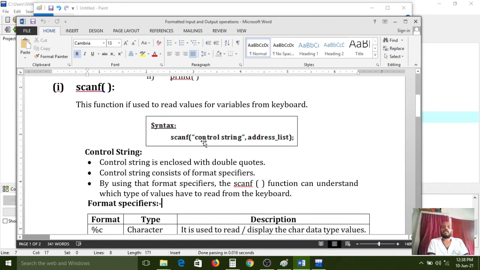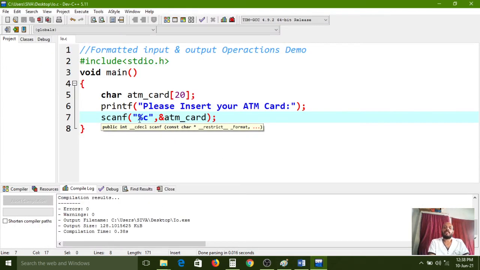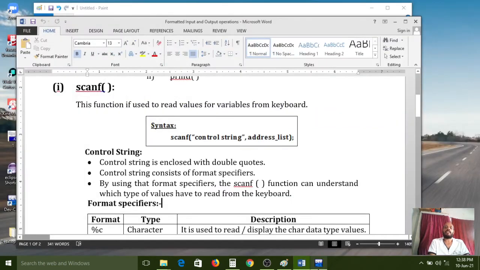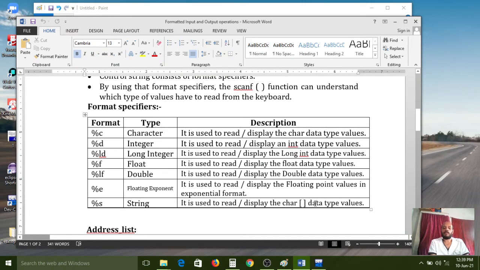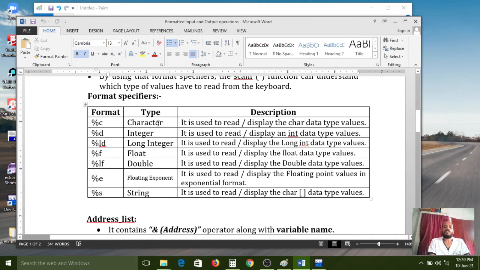Here the control string is formatted by the format specifier, so that's why it is called a formatted input function. For your understanding I have given only one format specifier, %c. Carefully observe, but like that we have a number of format specifiers. If you want to collect any character from the scanf function, we need to use the %c format specifier.